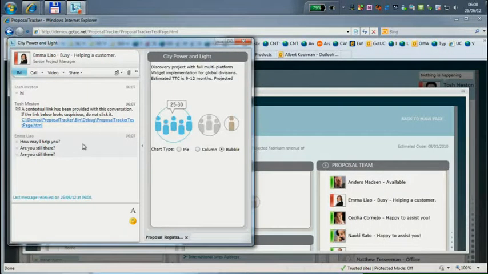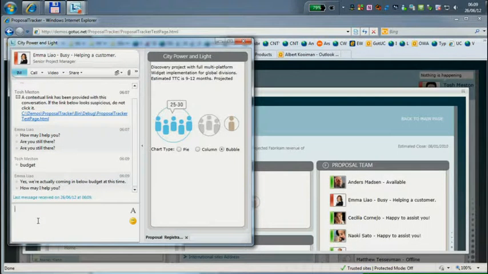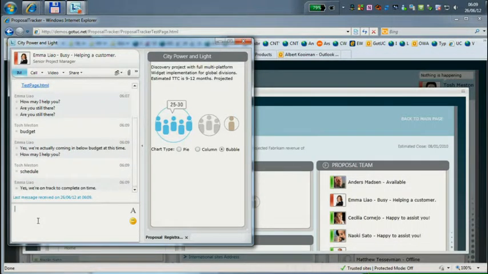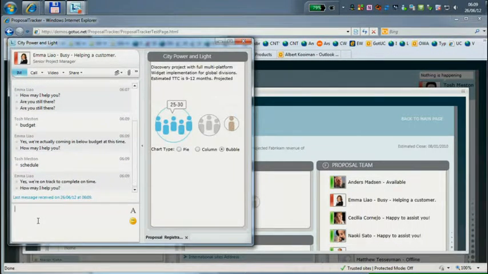Now, this bot is getting a little bit impatient. So she asked me, how can I help you? Are you still there? And I can actually ask her questions like, for example, are we on budget? This is Dutch translation in English for those who are, or are we on schedule? It actually now recognizes that word, that is this query response bot, and the bot actually interprets the sentence of schedule and says, oh yeah, we are on track of being on time. How may I help you?